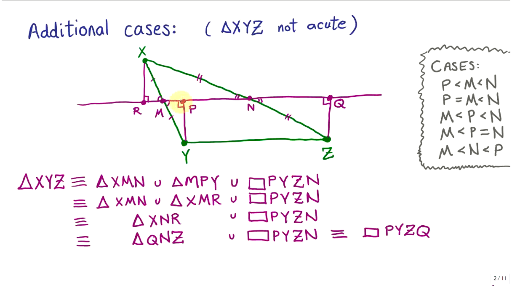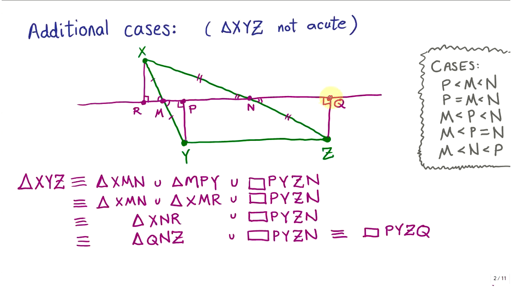Now, the triangle MPY is congruent to the triangle RMX, again by angle, angle, side. So we have this equivalence by dissection. The union of these two triangles, XRM and XMN, gives us the larger triangle XRN, which leads us to this equivalence by dissection. And finally, this large triangle, XRN,